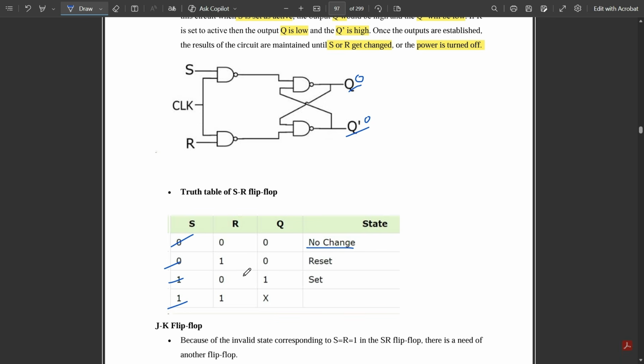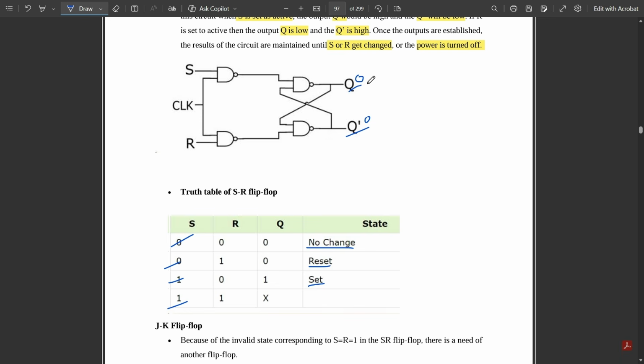Whereas in case of 01, the output is 0 and it is in the reset stage. Okay, and when it is 10, the output is 1 and that is in the set stage. And when both the inputs are high, that is 1 1, in that case you would be getting an invalid stage because we won't be getting any